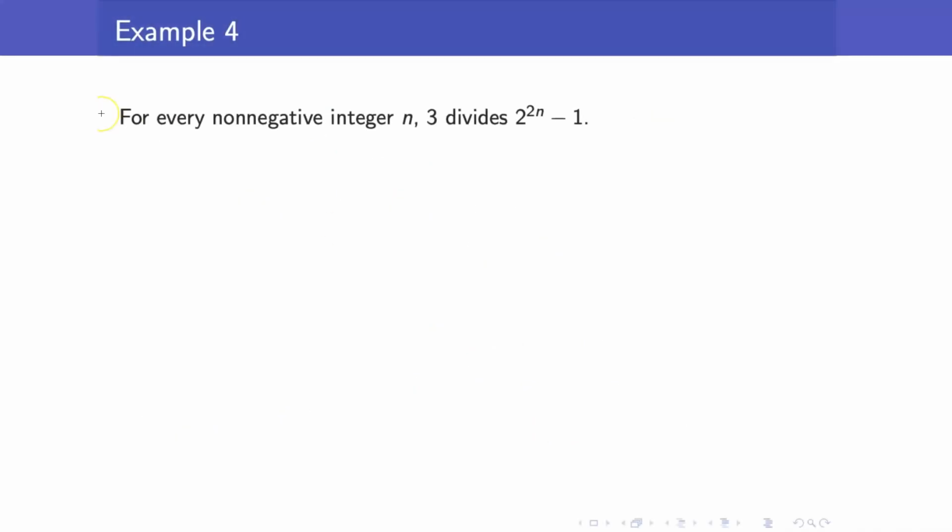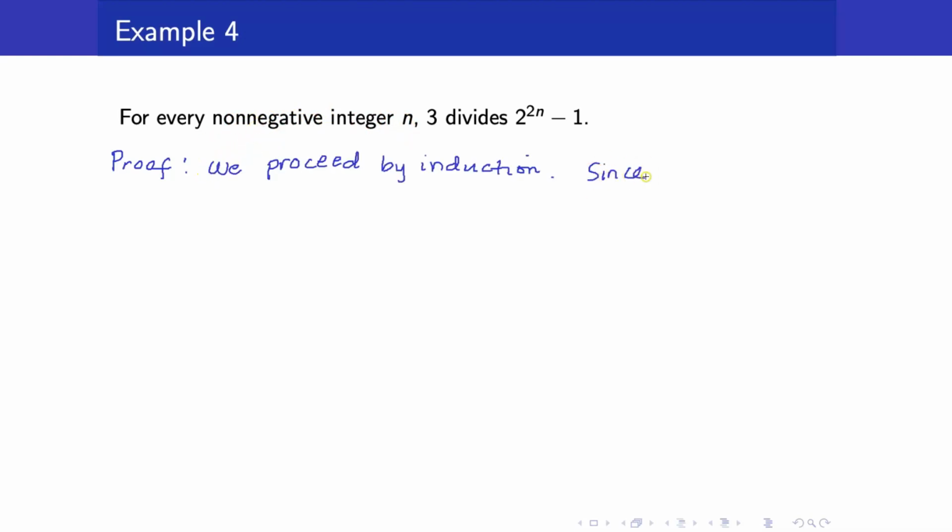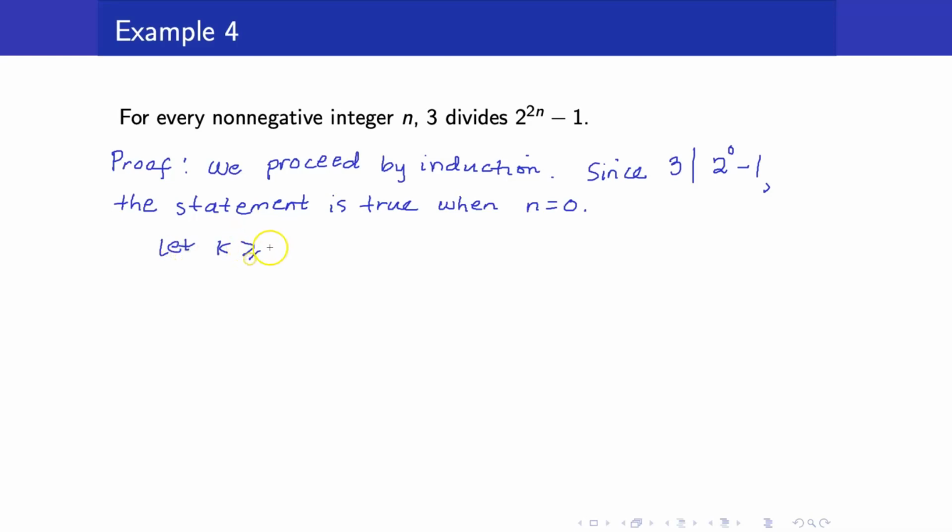For our next example, let us show that for every non-negative integer n, 3 divides 2 raised to 2n minus 1. Since our n here is a non-negative integer, our base case is at n equals 0. Since 3 divides 2 raised to 0 minus 1, that is 0, the statement is true when n is equal to 0. For our inductive step, let k be a non-negative integer,